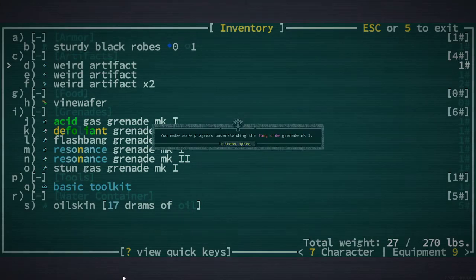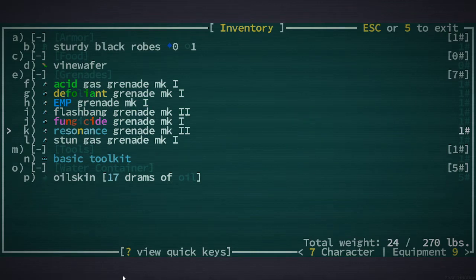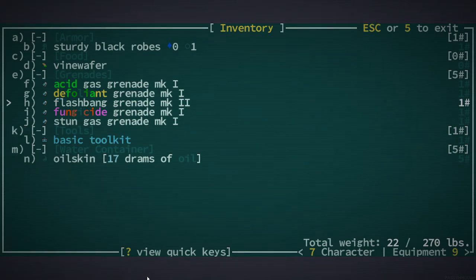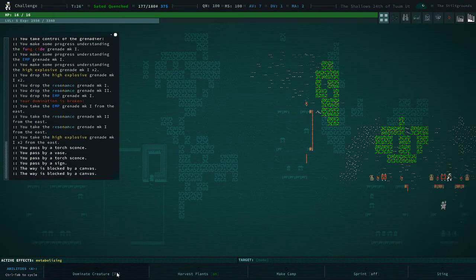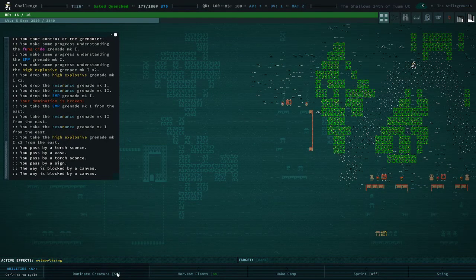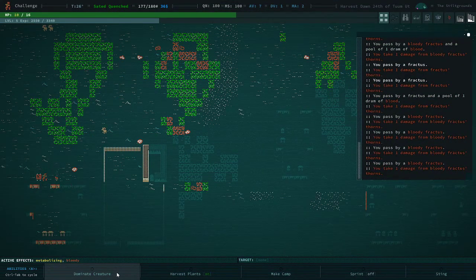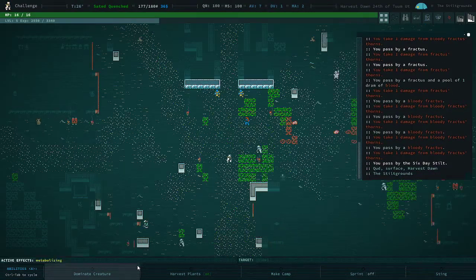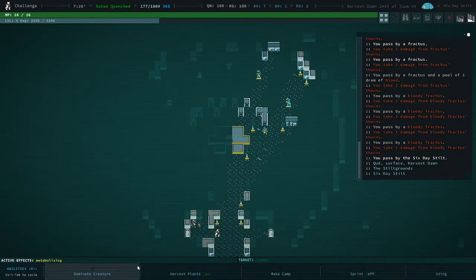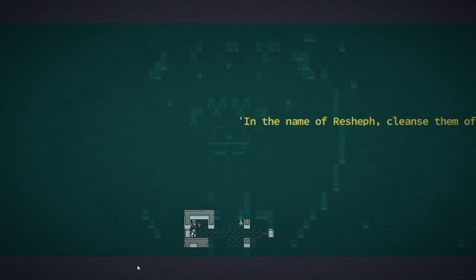Another grenadier, which is good. I have some MK1 high explosives, resonance, and EMP grenades that definitely could be useful. Yeah, I don't know. It says there should be a bookbinder here, but there might actually just not be. Obviously, then we're going to head back and talk to the librarian. She's obviously going to take our books, and